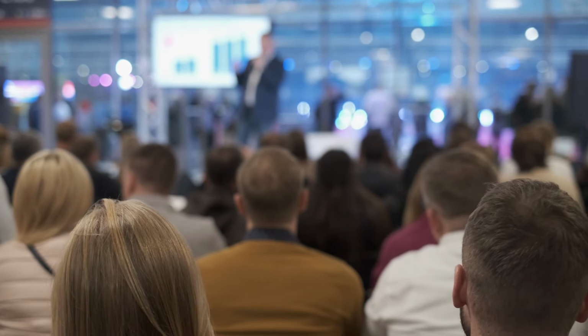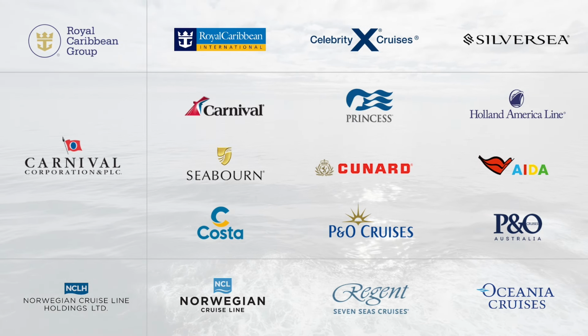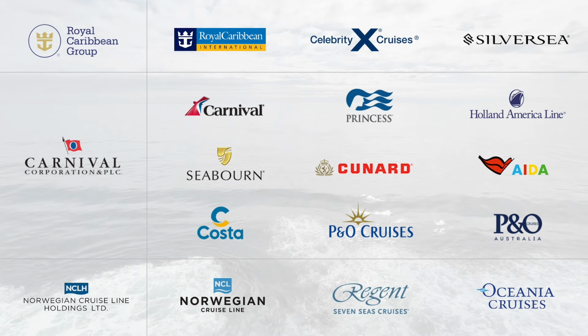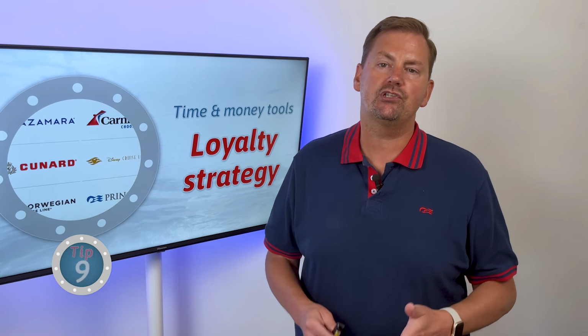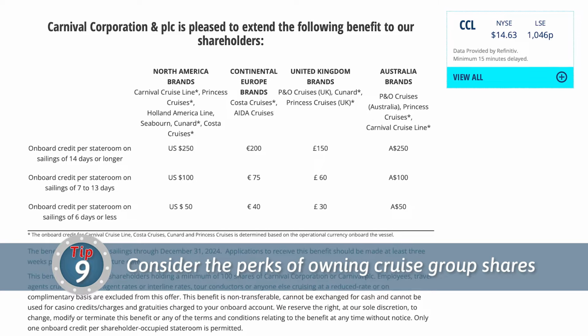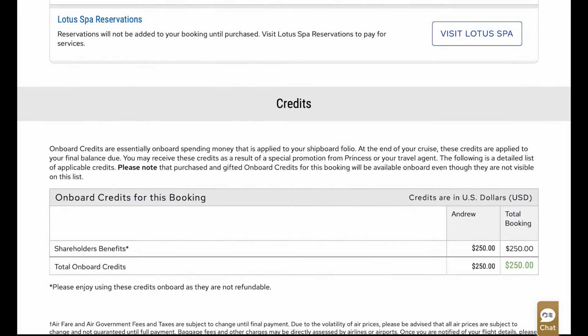If you buy 100 shares of one of those cruise line groups I mentioned earlier, Royal Caribbean Group, Carnival Corporation, or Norwegian Cruise Line Holdings, you're then eligible to receive free onboard credits for every cruise you book with every one of their brands. So if you purchase 100 shares of Carnival Corporation, which would cost around $1,800 US, you'd then be eligible for free onboard credit of up to $250 for every cruise you book on any of their